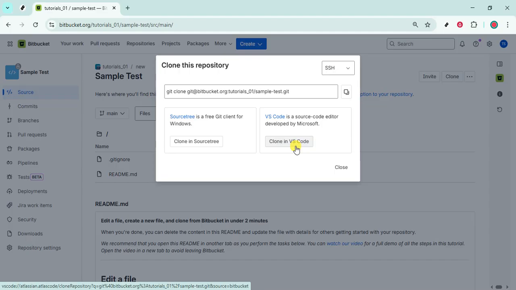If you run into permission errors, double check that your account has access to the repository and that your chosen authentication method is set up correctly. That's it. You've cloned a Bitbucket repo and you're ready